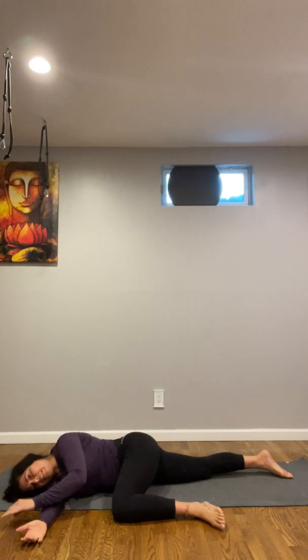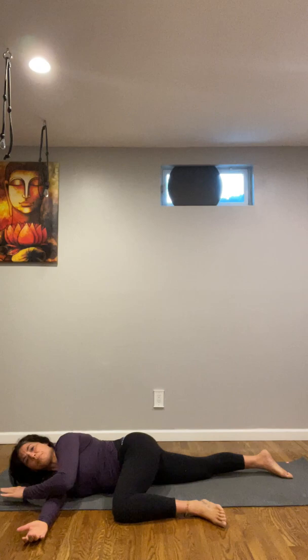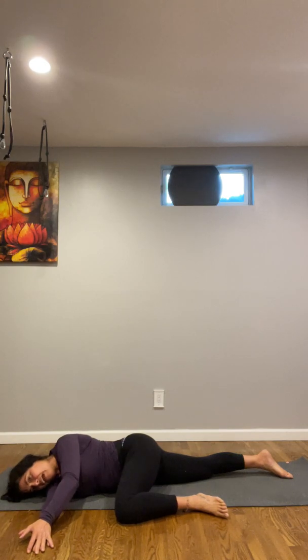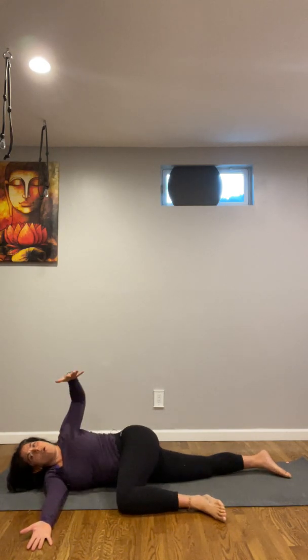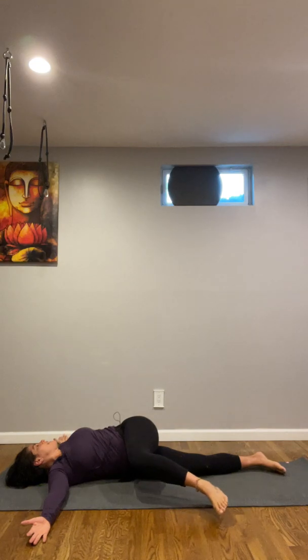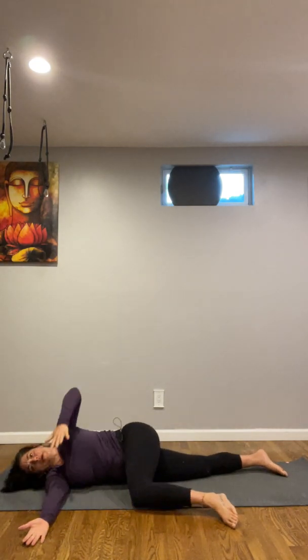Now, do you see how my head doesn't really come down to the floor? It doesn't reach. That's okay. You could put like a pillow or a blanket or a towel under your head. I don't really need it, but my head is definitely not on the ground. And then we're just going to open the right arm all the way open and then close. Open it up like a T. And close. Open it up